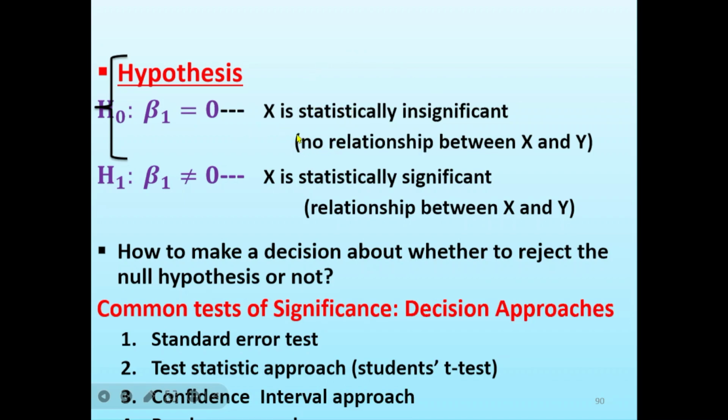Standard error test, step 1: compute the standard error of the parameter, the standard error of beta, or alpha, which equals the square root of the variance of beta hat, using this formula. Second, you have to compare the standard error and the numerical value of the parameter, for example half of beta hat. So if the standard error of beta is less than half of beta hat, at that time you have to